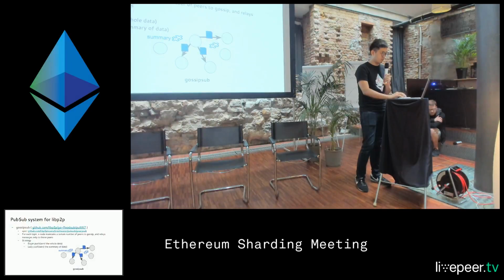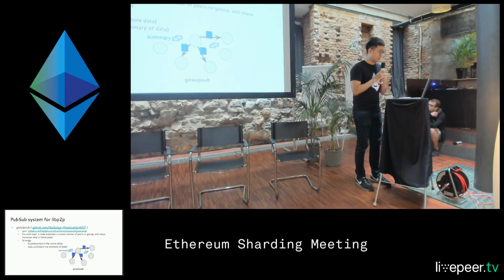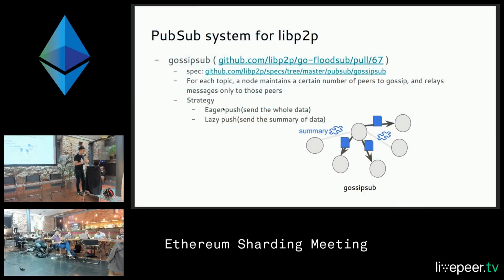And it has two strategies. The first one is eager push. Eager push means that it just sends the whole data to a specific peer. And lazy push means that it just sends a summary of the data, and usually it is a hash of the data.